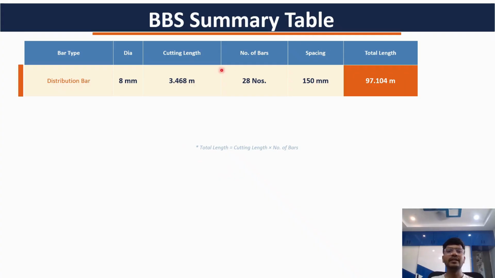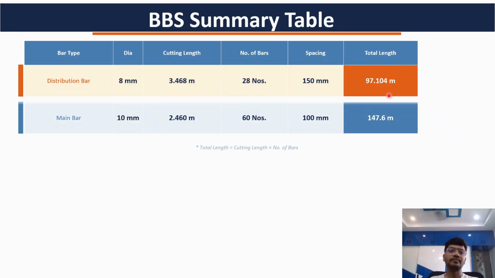In the BBS summary table, we need to have these columns: type of bar, diameter, cutting length, number of bars, spacing between them, and total length. Distribution bar diameter is 8 mm, cutting length is 3.46 meters, the number of bars required is 28 for top and bottom, and spacing is 150 mm. If you multiply number of bars with cutting length of each bar, you will get the total length of bar, that is